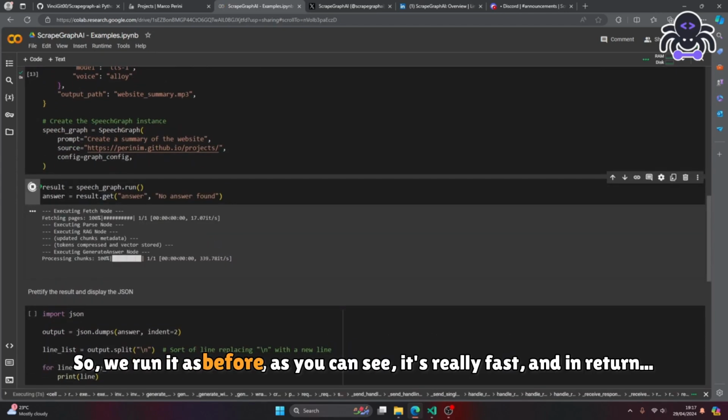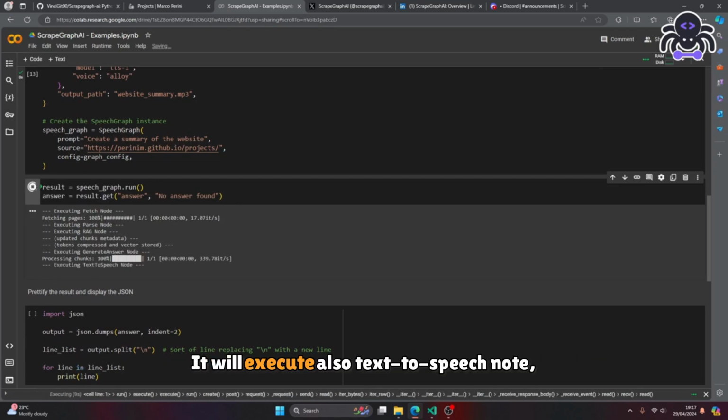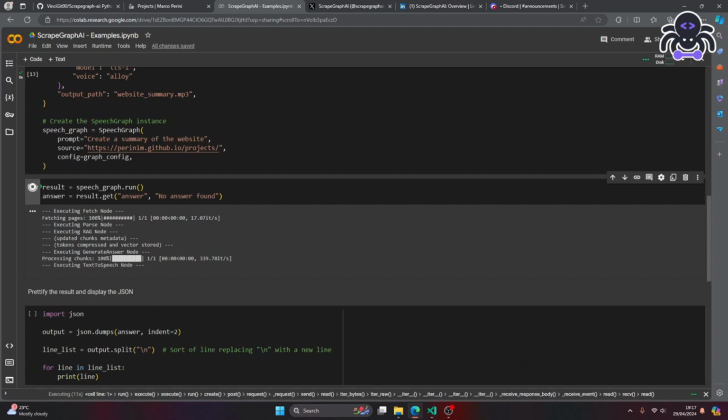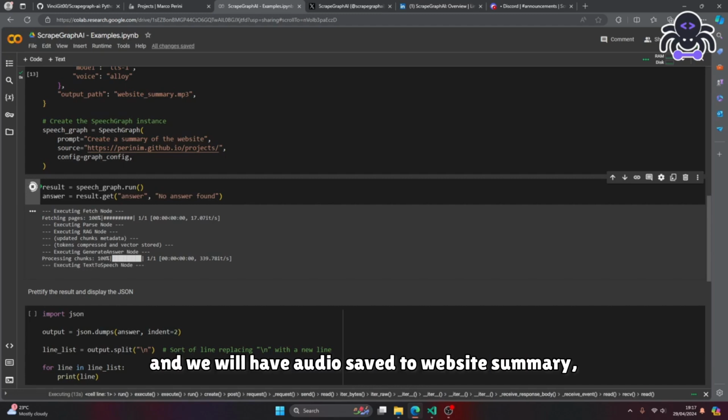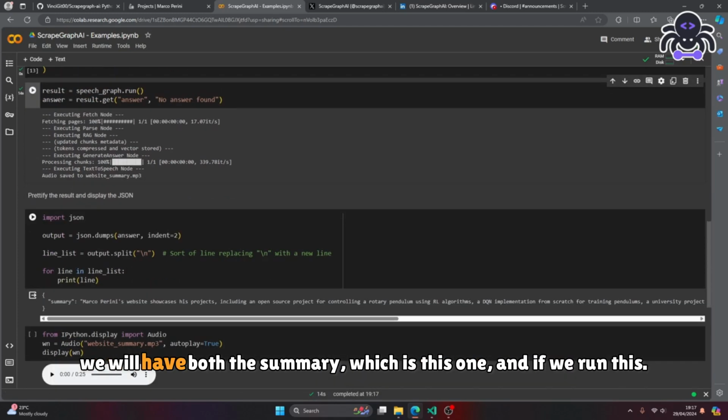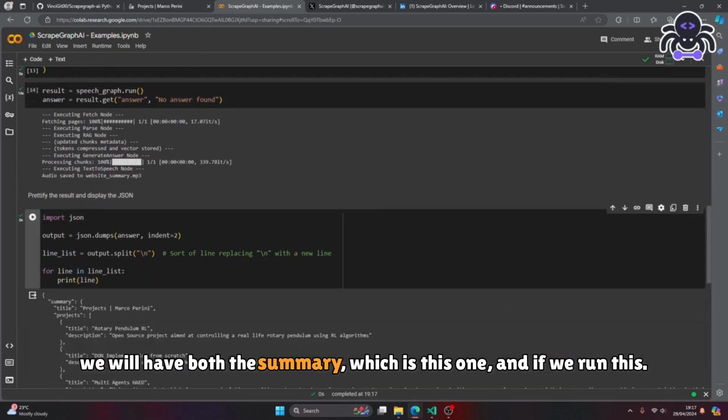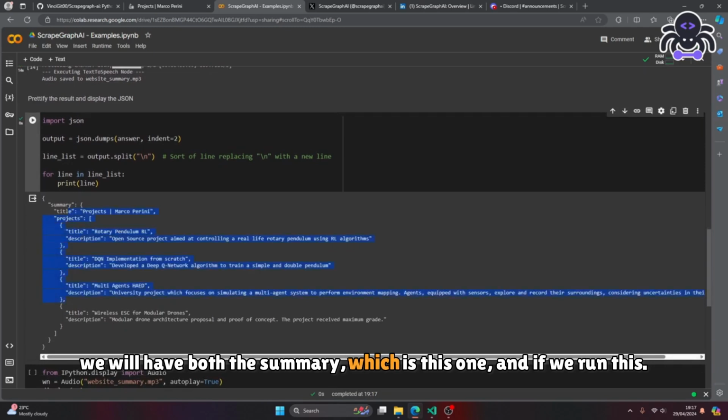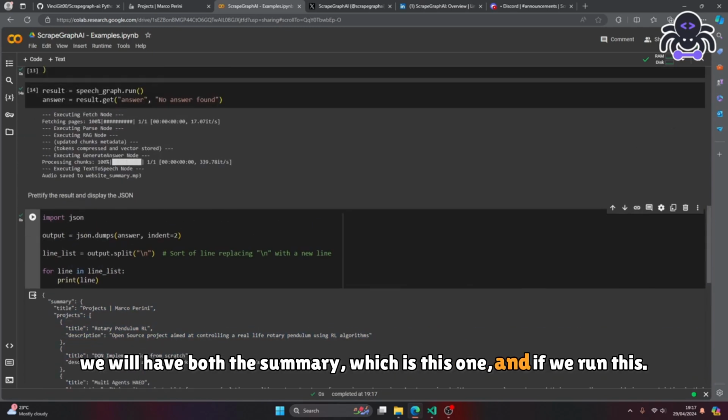So we run it as before. As you can see, it's really fast, and in return it will also execute the text-to-speech node, and we will have the audio saved as website summary. We will have both the summary, which is this one, and if